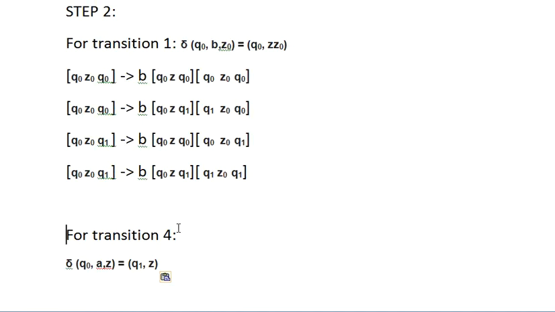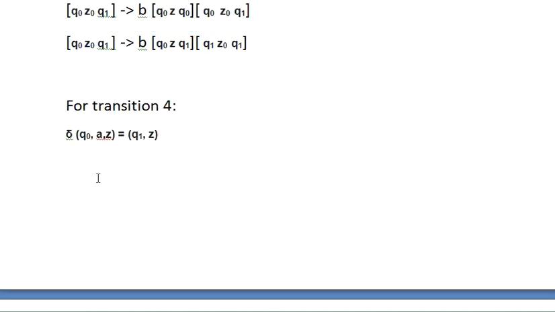So how many productions will I be having? Only two productions, correct? Okay, for Z, as the stack alphabet we are having only one alphabet, that is Z, so it will be working for Q0 and Q1, correct? So let me copy this and it will be helpful for me. Now I'm removing this because only one production will be there for this. So Q0 will come over here as it is, correct? Z0, the last part of this will come over here, so Z0 will not be there now. Z will be the middle portion.